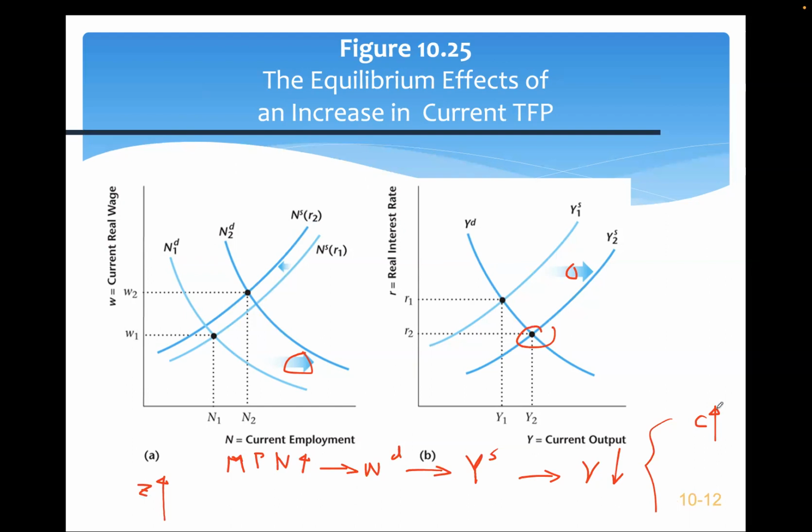Lower R means future consumption becomes more expensive, and then the consumer is going to substitute future consumption with current consumption. Now, investment is going to increase as well. Why? Because an interest rate reduction means it's cheaper to invest, and certainly investment is going to increase. So now investment and consumption increase, and usually that's going to lead to aggregate demand